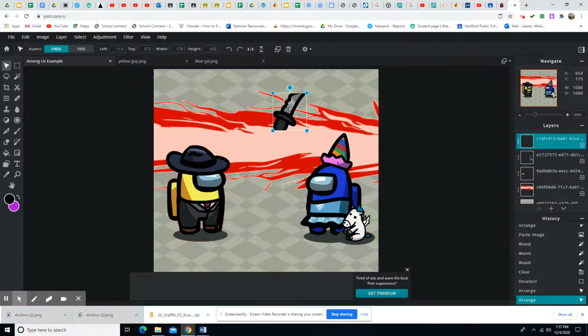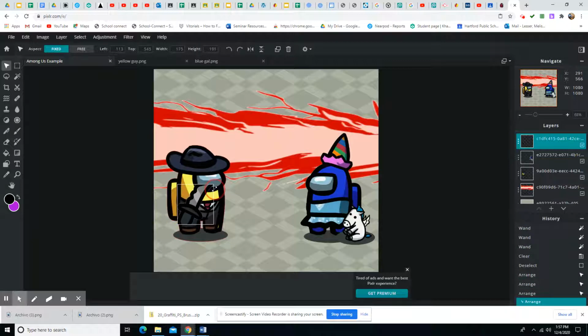Like I can move it around different places. So if I want it to kind of be in this direction with it up, all right, so it's up to you how you want to size it, how you want to move things around. But when you're all done with your image, like you've created your characters, I think we need a dead body